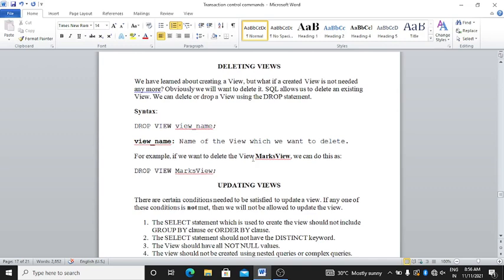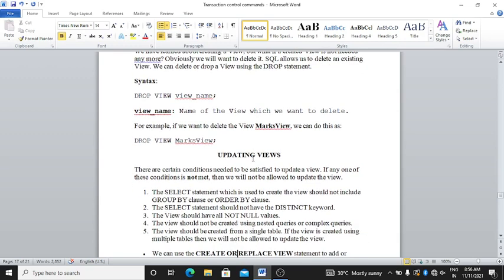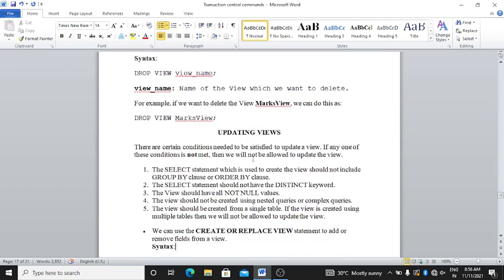Syntax is drop view, view name, the name of the view which we want to delete. For example, if you want to delete the view mark view, we can do this as drop view mark view. The drop command is used to delete a view.